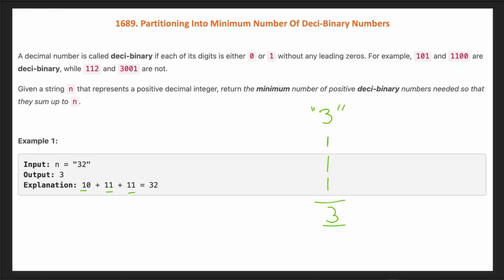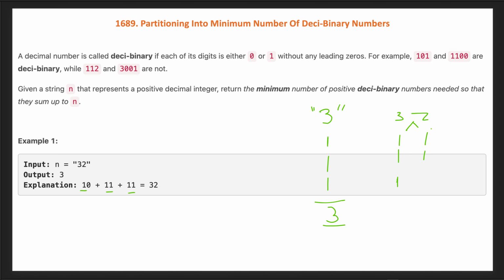Now let's add another digit, so like 32, 3 and 2. Let's think of individual digits. Minimum we need 3 for 3 and minimum we need 2 for 2. We can create any Deci binary number constructed by 0 and 1 digits only, and all of them sum to our number n, and we have to find the minimum.